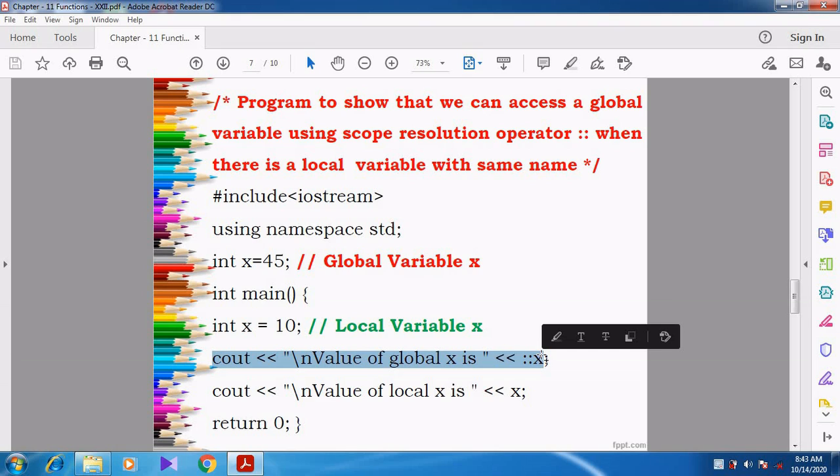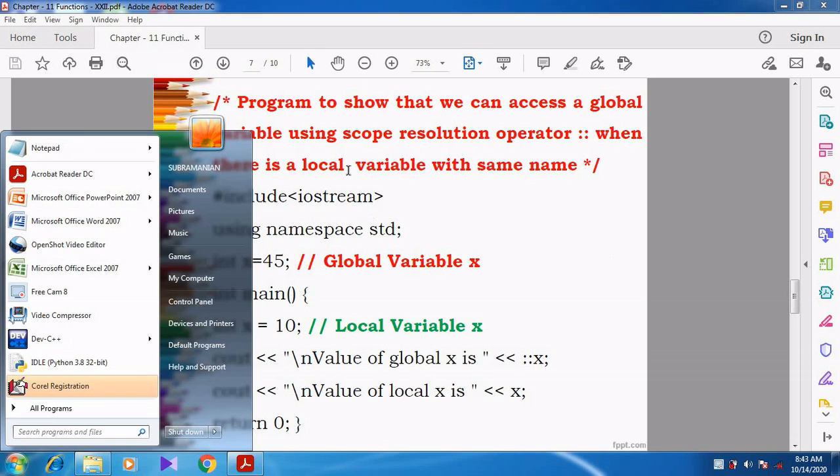Whenever we just give x alone, it prints the value of the variable declared inside the main function. But whenever I give scope resolution x, it is used to access the other variable which is declared outside the main function. Can you understand, students?